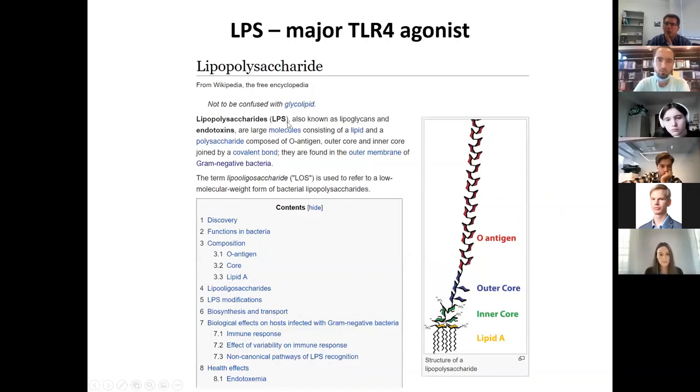And so one of the major components, a typical molecule associated with the bacterial walls, is something called lipopolysaccharide. So this is a structure that is present in almost all gram-negative bacteria. And so the macrophages are notoriously good at recognizing the presence of LPS. And they do it through this toll-like receptor 4 agonist. So TLR4 agonist, which is the